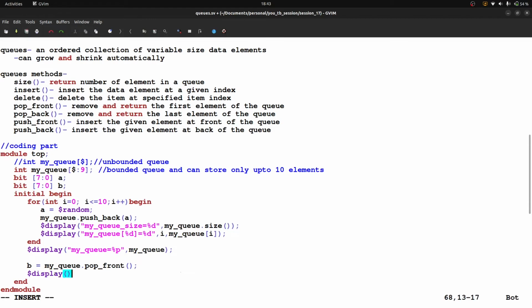I am writing pop front. This pop front is just for my own understanding. It is not a method, it is just a message I am writing over here. It doesn't make any sense because it is just displaying as it is. This is for my own understanding, to see what operation I have performed over here. That's why I have written here pop front,